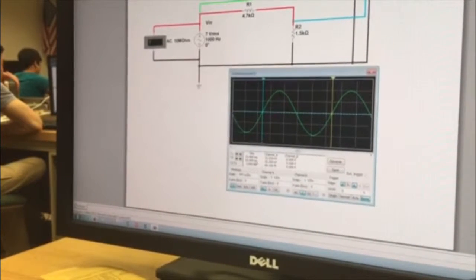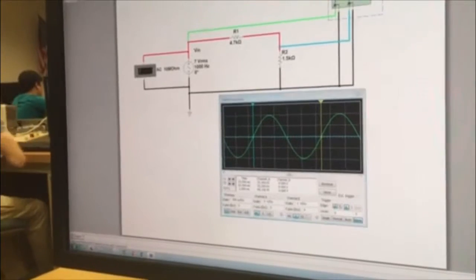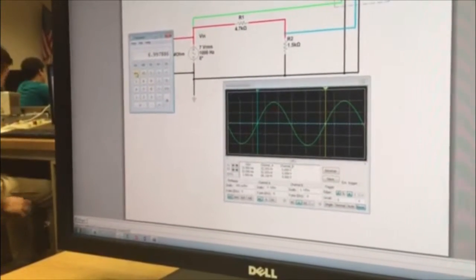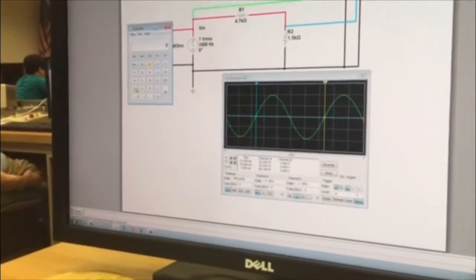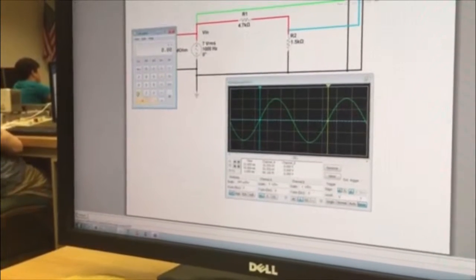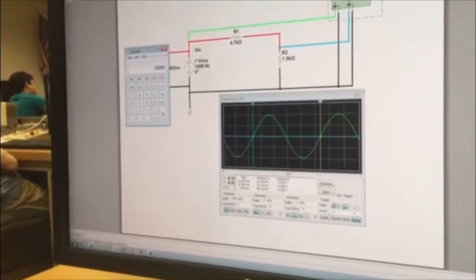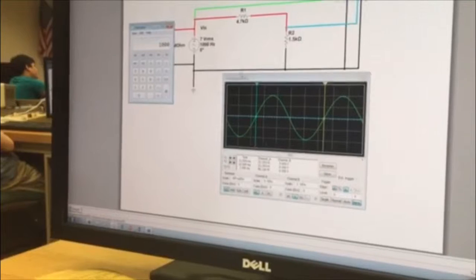Your period is going to be 1 millisecond, and from there, to get your frequency, you're going to want to take that 1 divided by 0.001. That's going to be 1,000 for your frequency, 1,000 hertz. And then